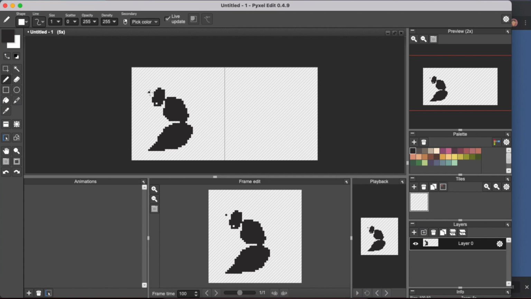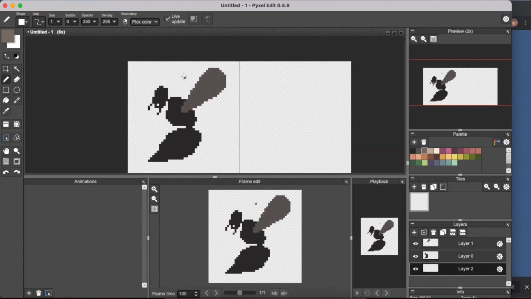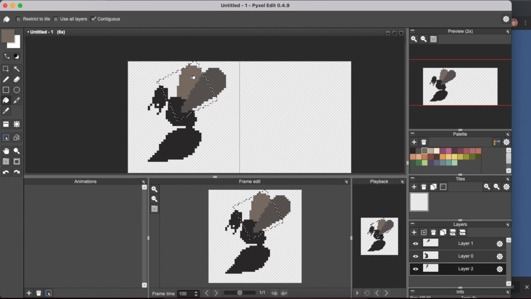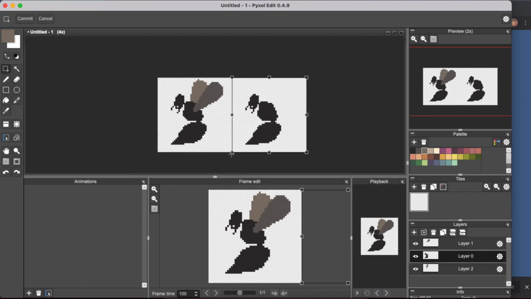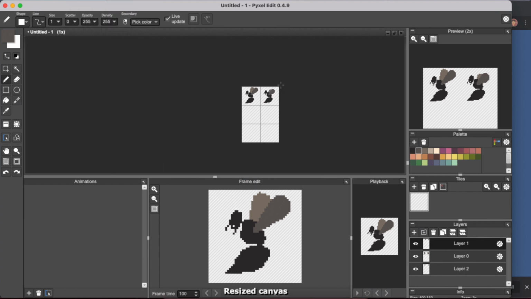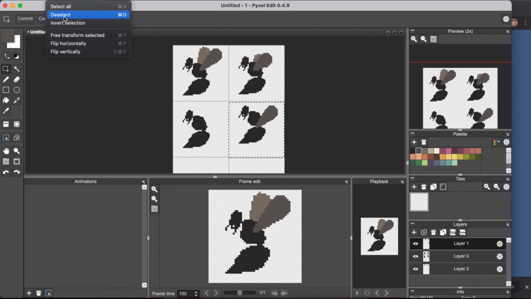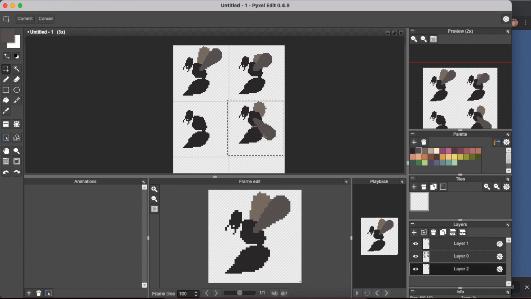I usually start with a grayscale concept that I've seen on most of the pixel art artists' YouTube channels. So here I'm just creating a bee and copy pasting a bunch of stuff, especially the animation related stuff where the wings are actually moving and the main body of the bee is going up and down. So this is what the fourth screen that you see here is, the final animation that I wanted, final